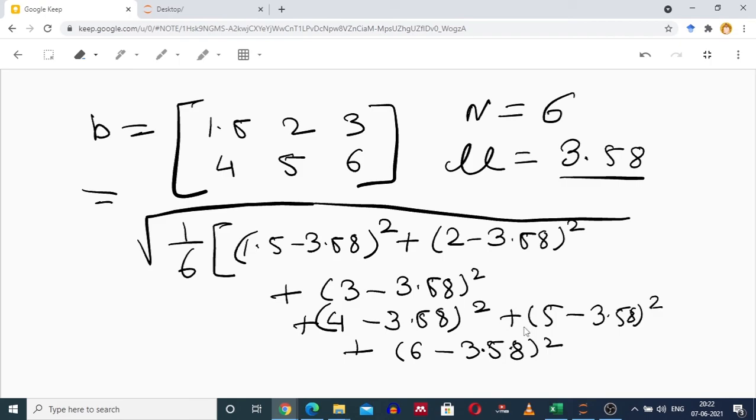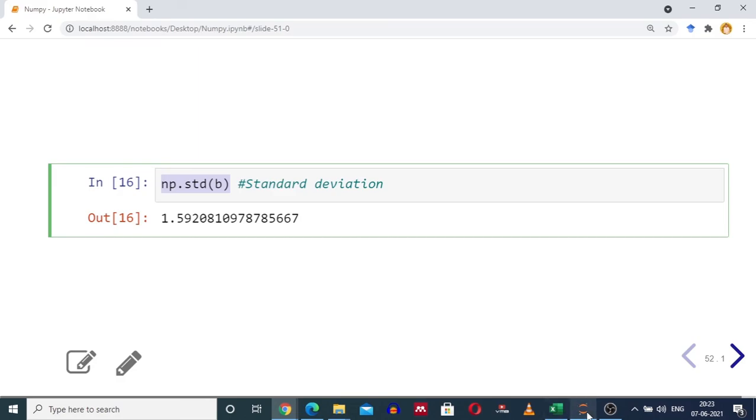If you compute this in a calculator, the result will be 1.59. So the standard deviation for NumPy array b is 1.59.